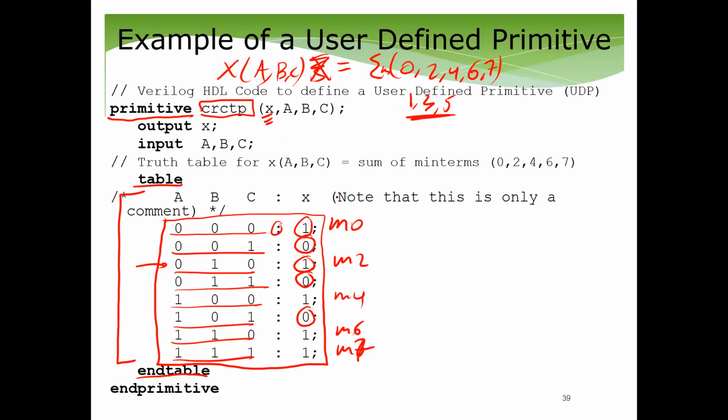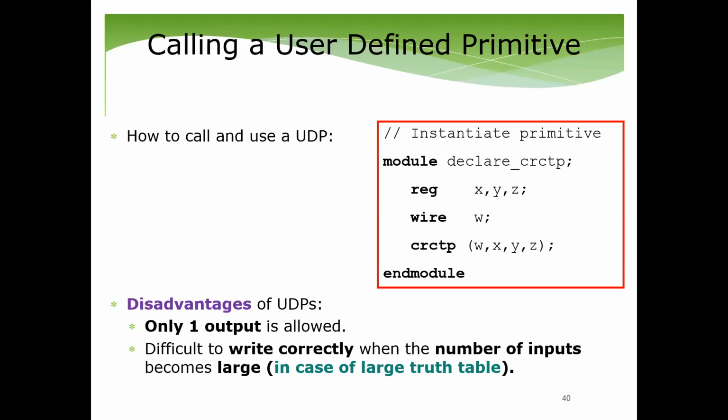Okay. Now we wrote the primitive, how to use it in another module. We defined a module we called declare circuit primitive. It's a test bench, so you're going to define your input as regs. So we have inputs X, Y, Z, and I have one wire for the output W, just as you did with the module. But